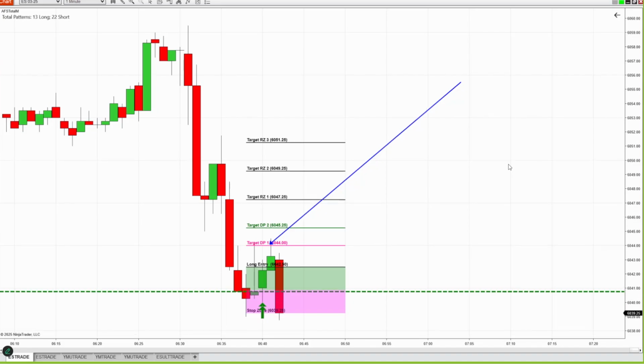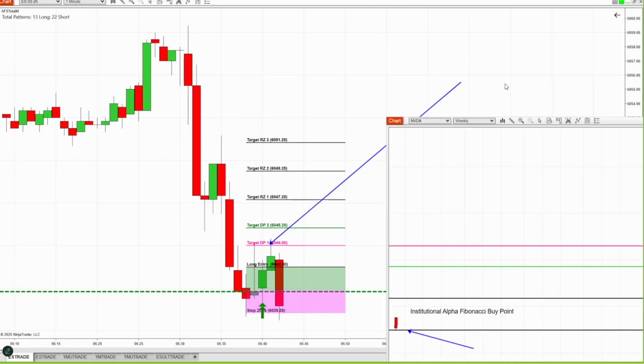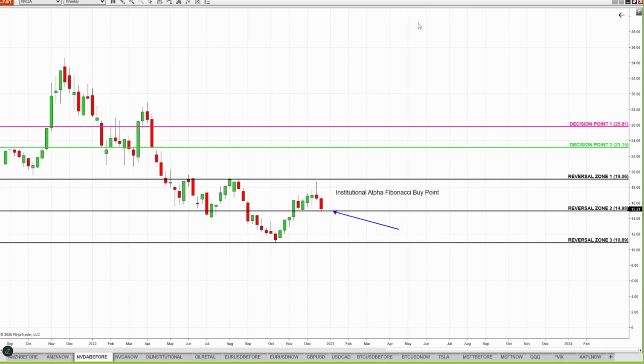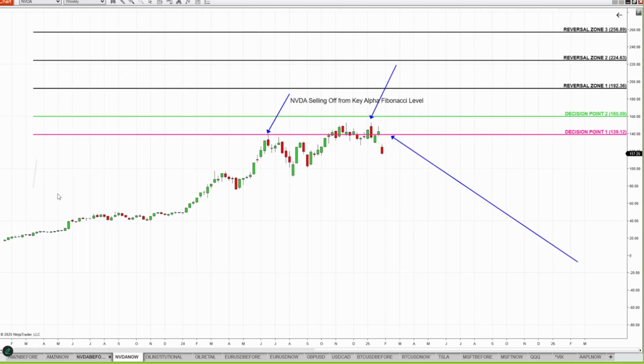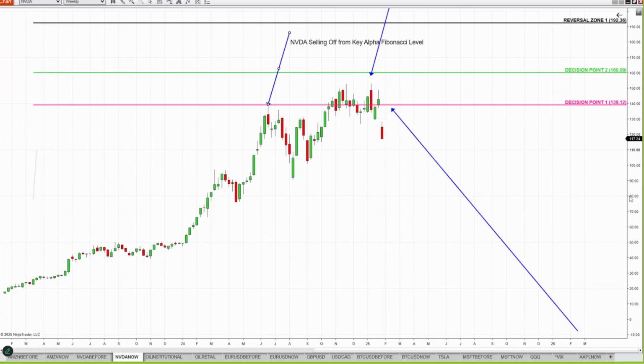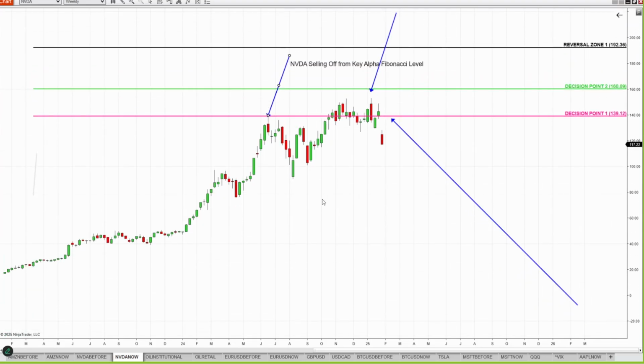Pay attention, please. When I worked in Johns Hopkins Research, I witnessed the power of the bold pink line on the human brain. Cannot be ignored. Take a look, please. Nvidia. This is Nvidia since November 2022. With the power of the system, it allows you to buy the bottom. Do you remember the power of the bold pink line where Nvidia sold off from? Do you remember the level you just witnessed on S&P?